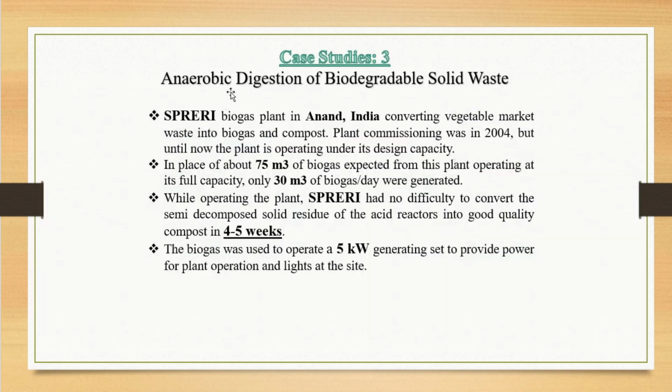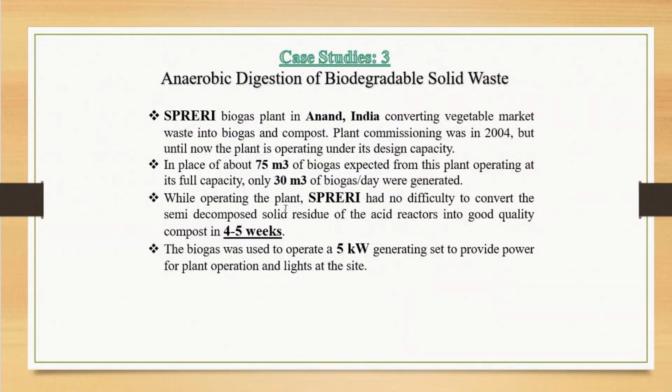Other case studies: anaerobic digestion of biodegradable solid waste. First point is the SPRE biogas plant in Anand, India, converting vegetable market waste into biogas and compost. Plant commissioning was in 2004, but until now the plant is operating under its design capacity. In place of about 75 cubic meters of biogas expected from this plant operating at full capacity, only 30 cubic meters of biogas per day were generated